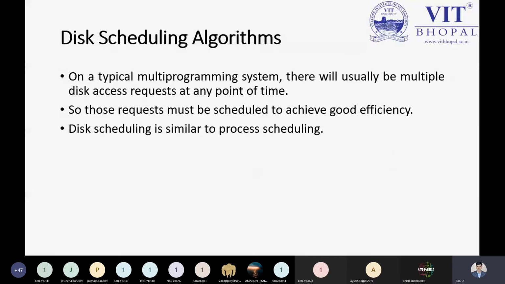Now I'm coming to the disk scheduling algorithm. Before jumping to the disk scheduling algorithm, please let me know